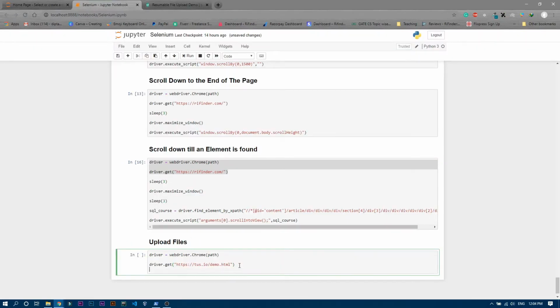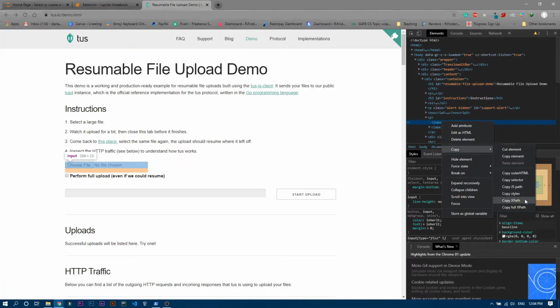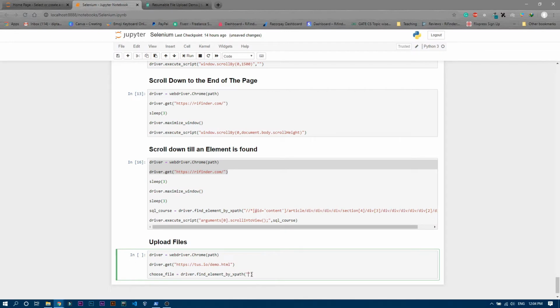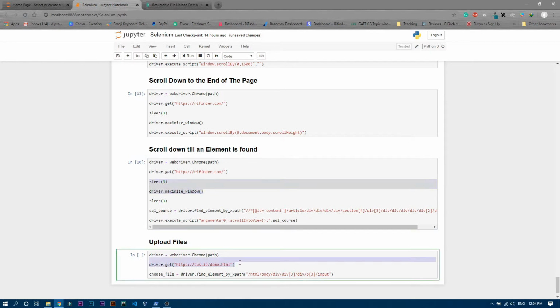So I'm going to write over here choose underscore file, and that will be driver dot find element by XPath, and in the parenthesis I am going to paste the XPath of this particular input tag. Just copy the XPath, and that's it. Perfect. But before that, I'm going to maximize the screen also. So I'm going to copy the text from here and paste it over here.